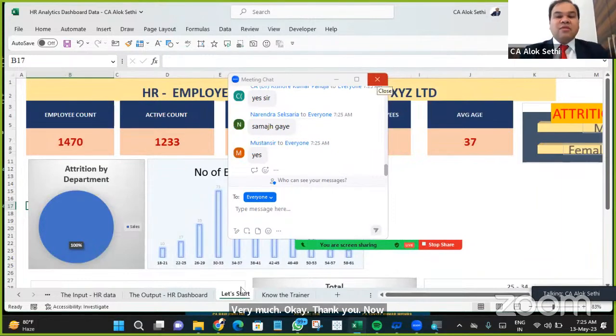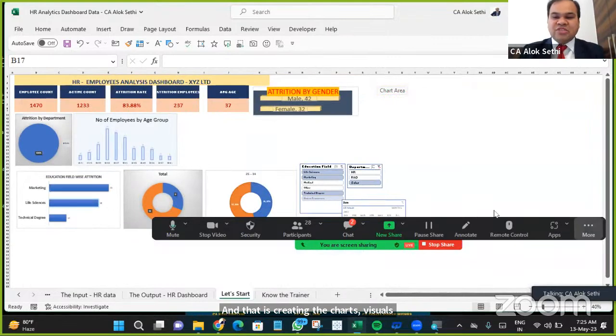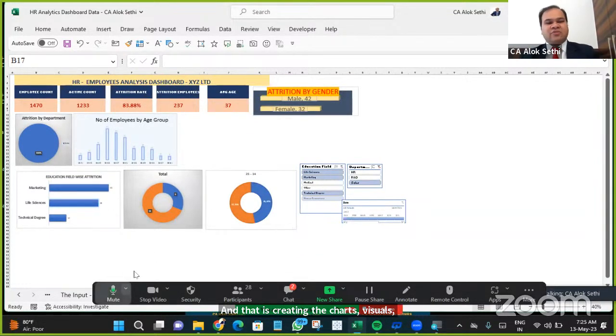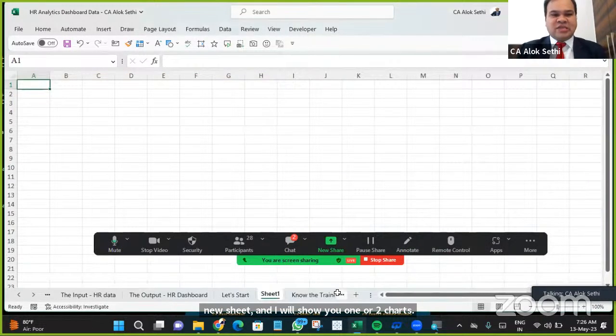Now coming to the second part, which is most interesting part basically, okay, and that is creating the charts, visuals, ठीक है। तो जितने भी charts हमको बनाने हैं, again the second step is iteration of the first step. पहले डिसाइड करना है कि चाहिए क्या, तो I want the attrition by department, okay, so I will create a new sheet and I will show you 1 or 2 charts, ठीक है। दो चार्ट मैं आपको बताऊंगा और आप उसको ध्यान से देखिए कि कैसे बन रहा है, बिकॉज दैट इज द हार्ट ऑफ द डैशबोर्ड।